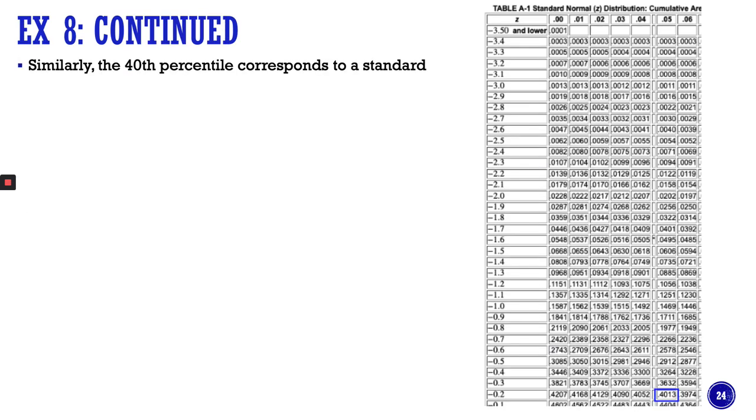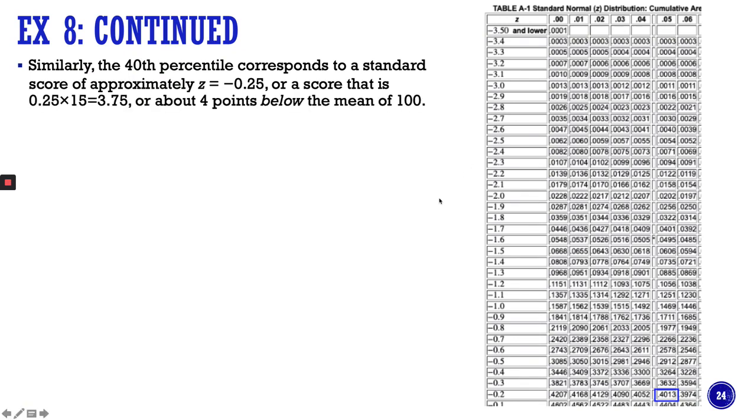Now, the 40th percentile is going to work similar to the 75th. So we're looking at approximately negative 0.25. So we have to go looking for 40%. Here we see some 40s, but we've got to get the one closest to 40. So 0.4013 is closer to 40 than 0.3974 or 0.4052. So that tells us we're going to end up with negative 2, and up we go to 0.05. So negative 0.25,